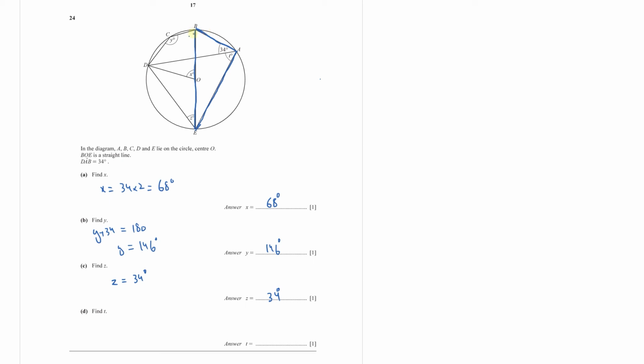Right. So if you look at this triangle BEA, this angle is in a semicircle and it's subtended from this